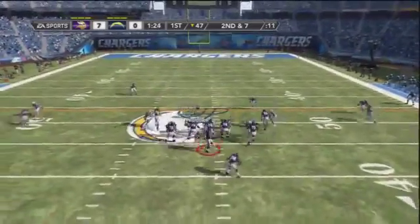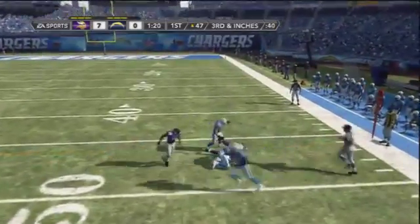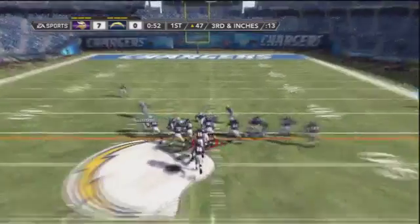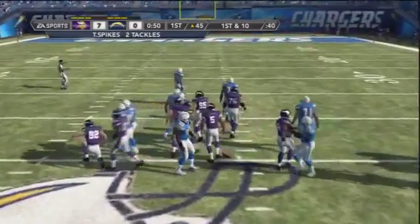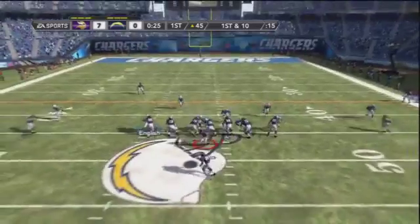2nd and 7 now for McNabb. Around midfield once again. He's going to look on the right side for Visanthe Shiancoe. It'll be 3rd and inches coming up. And so the Vikings looking to convert, and McNabb calls his own number. He sneaks for the first down to the San Diego 45, and now 1st and 10,